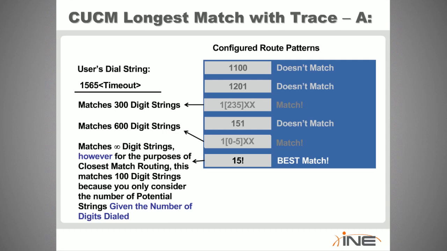Okay, for the purposes of closest match routing, it only matches 15 explicitly, and then in our case we only did 2 more digits, which could equal 99 plus 0, so 100, and then the timeout. Okay, so take a very close look at patterns in terms of what might potentially match,